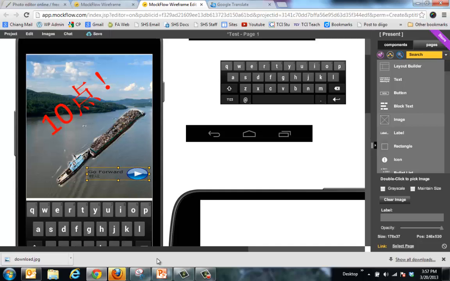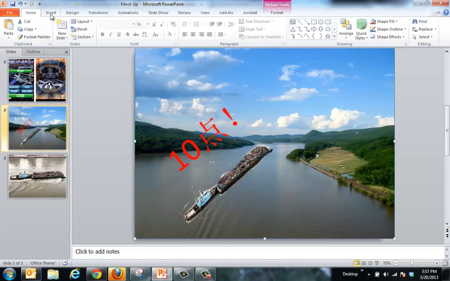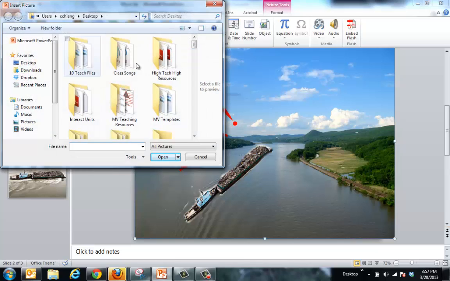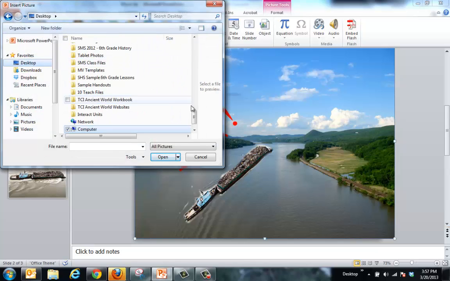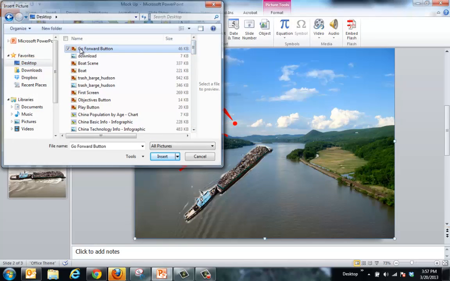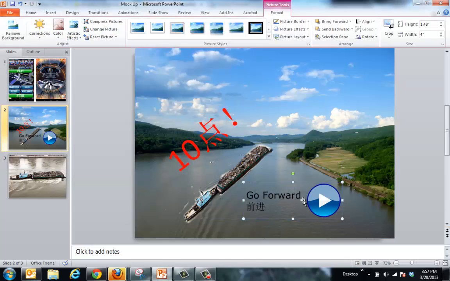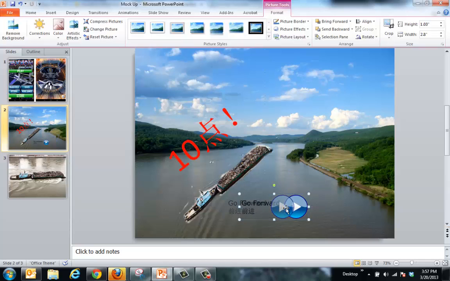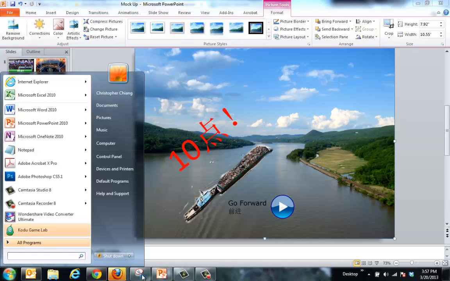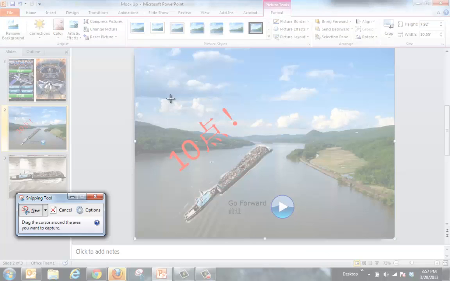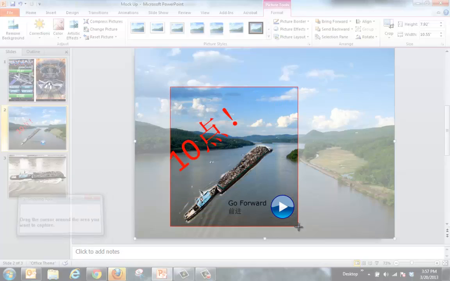Right. So you could have always done that. Or, if I come back to PowerPoint, I could have always just done that in PowerPoint too, right? So we have many different options, whatever you're comfortable doing. I could have just taken that go forward button I made there in PowerPoint, shrunk it, and then when I'm ready, I go snip it. So here it is, snip, click new tool, and I snip my